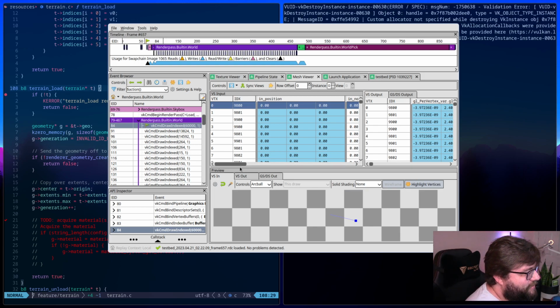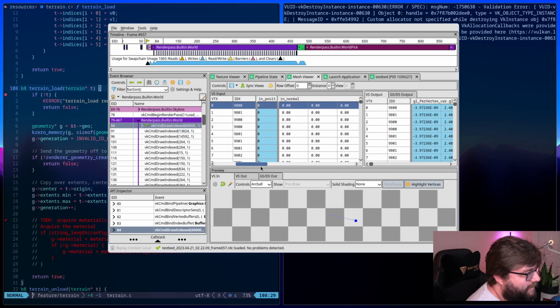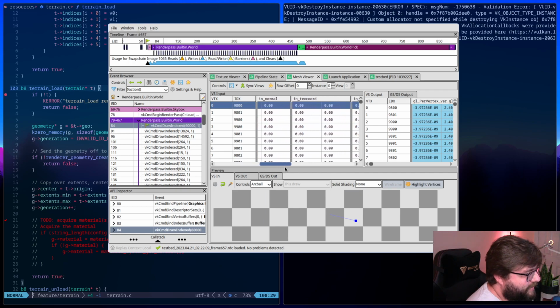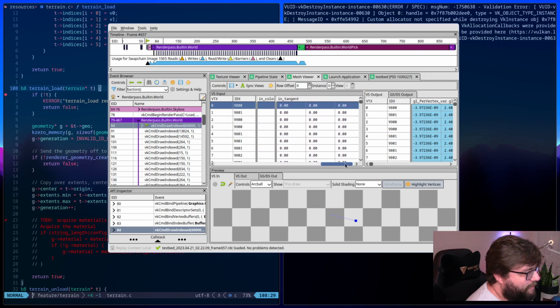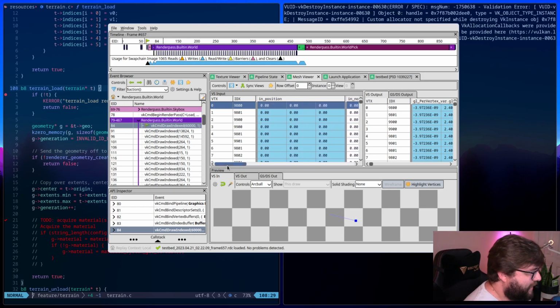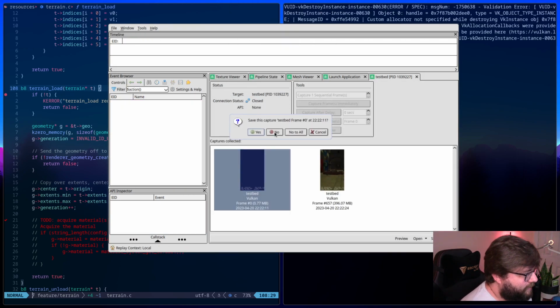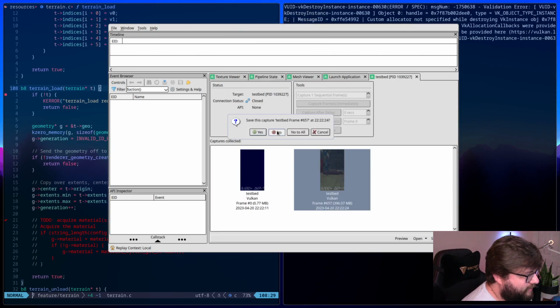So the positions and the normals are all 0, and the texture coordinates are all 0. All of this is all zeros. No wonder it's not rendering. 60k vertices on the same spot, exactly. Okay, all right. So this actually gives me a cue. We don't want to save these.